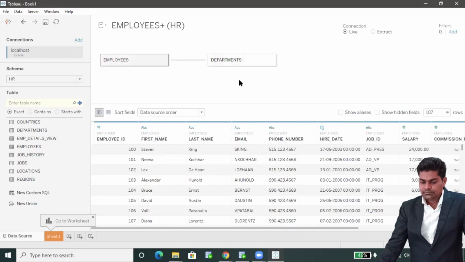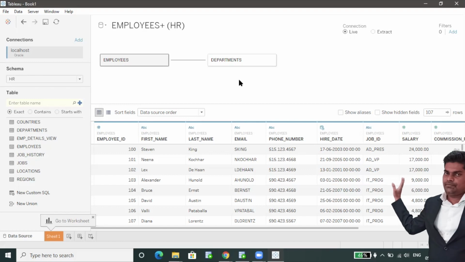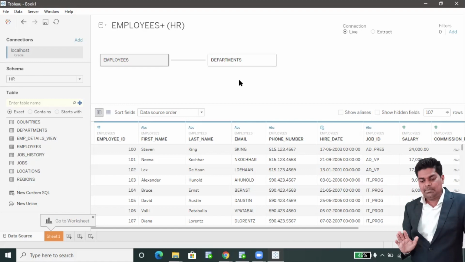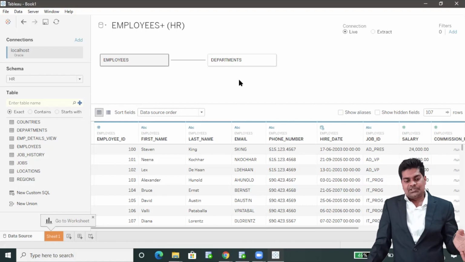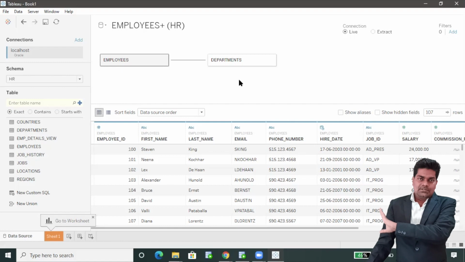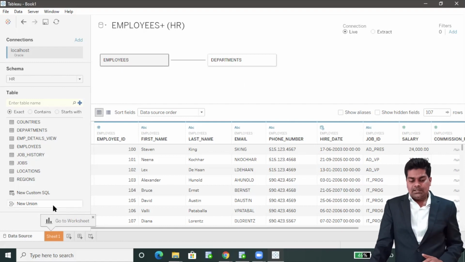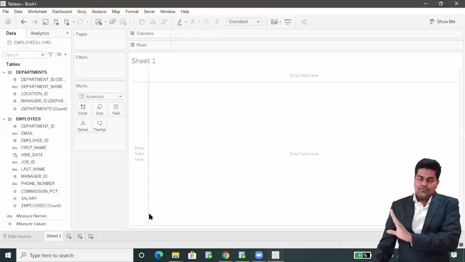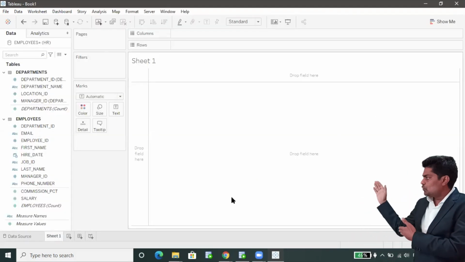This is the connection page where we create the connection, and that is only a one-time activity. When we are working in a team, there are different team members. Suppose one is creating the connection, which is a one-time activity, or simply importing a view. Then go to Sheet 1, and from here teamwork starts. Here you can see we have two tables.